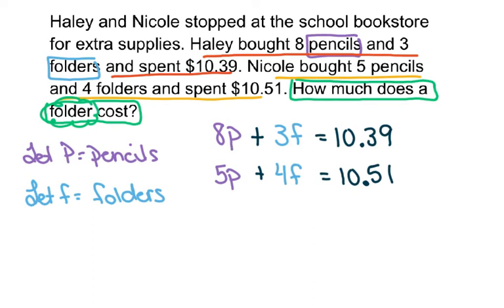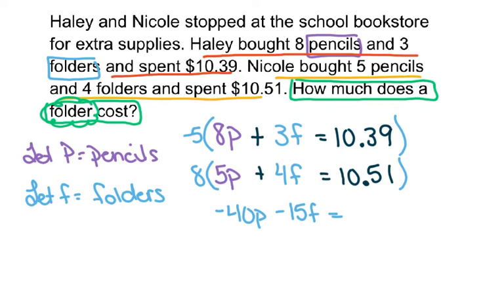So I'm going to multiply by a -5 in the first equation and by 8 in the second equation. So I'm going to get negative 40p minus 15f,